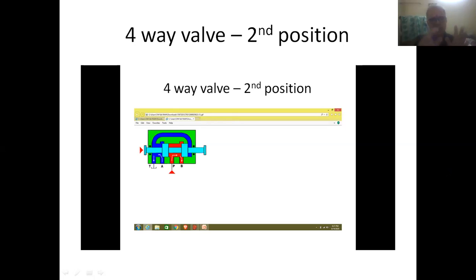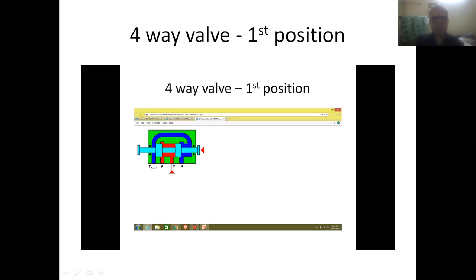So friends, capital P for indicating inlet port, A and B for indicating first and second outlet ports, and capital T for indicating the exhaust port of the DC valves.